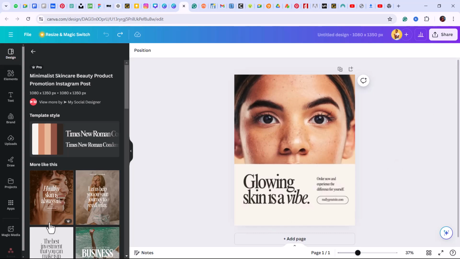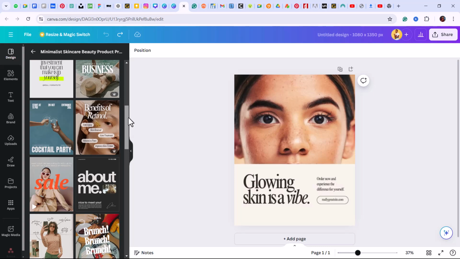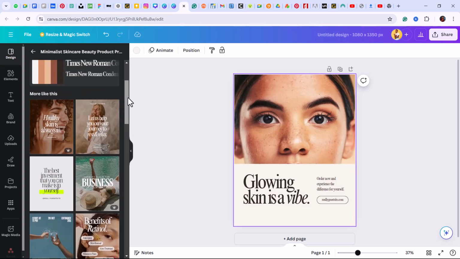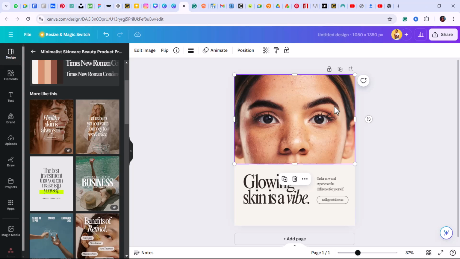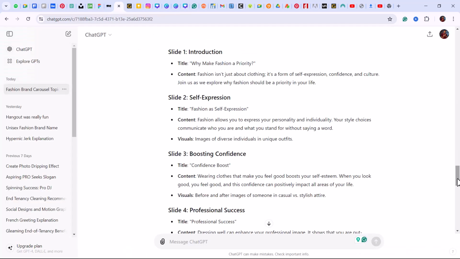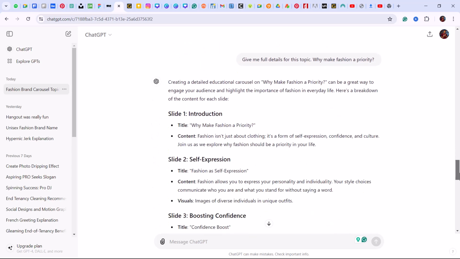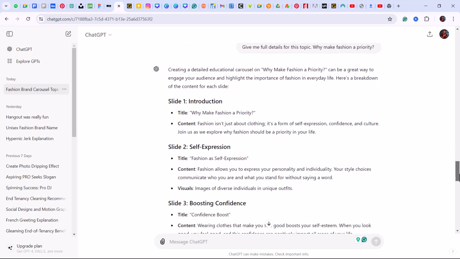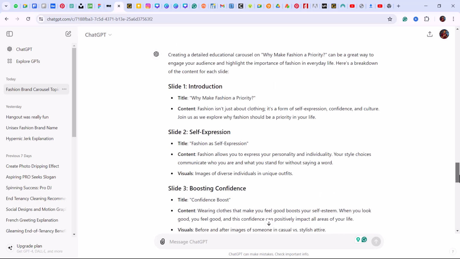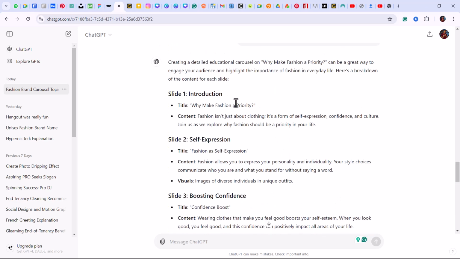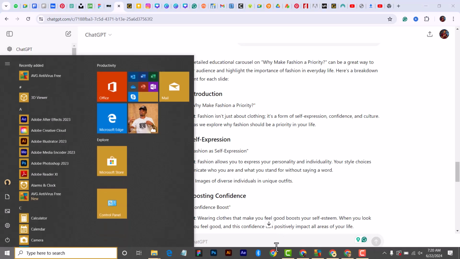So what I'm going to do is, I'm still looking at some other ones here. It's a fashion brand we are trying to get. So let me change the picture. So I already have the notes. I use ChatGPT. This is ChatGPT. I use ChatGPT to just generate a simple carousel note. So if you have your notes, you can just use it to craft your carousel. So for me here, what I have is why make fashion a priority. So I'm just going to go back to Canva,